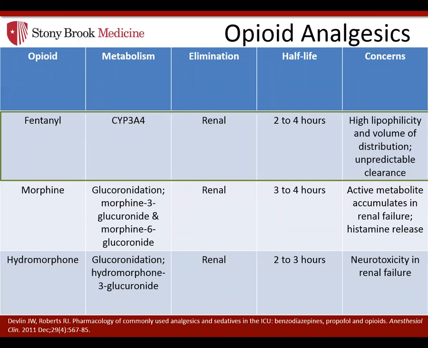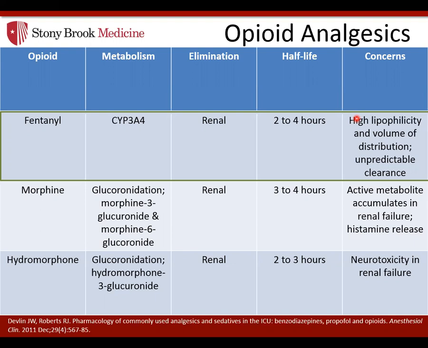So it's a CYP3A4 substrate, which can actually interact with inhibitors such as the azole antifungals and cause an increase in the half-life and in potential adverse drug reactions. So once it's metabolized into its inactive metabolite, it's actually eliminated by the kidneys. It has a short half-life and a quick onset of action within 1 to 2 minutes of a bolus, and it's highly lipophilic and has a high volume of distribution, and it also maintains a 3-compartment model. So what that means is it's able to reach the blood, the brain, and the adipose tissue since it's very